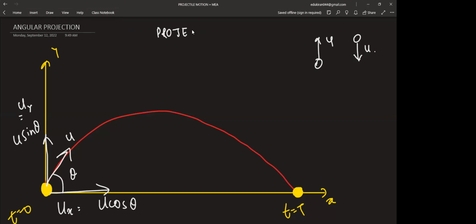Ma'am, is this a new chapter? Zainab, you're asking something? Ma'am, is this a new chapter? Yes, actually, vectors is a chapter which is used like algebra, right? This is a proper chapter. Chapter 3 of your NCERT is projectile motion itself. So now we'll be using vectors, dot products, cross product, resolution, whatever you've studied, this will be coming